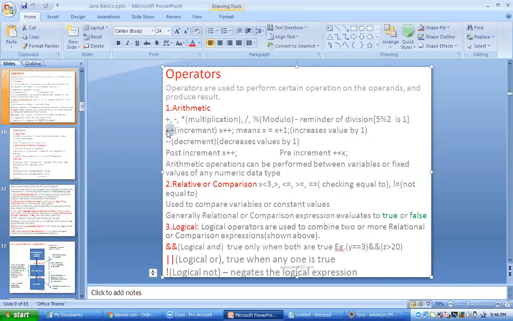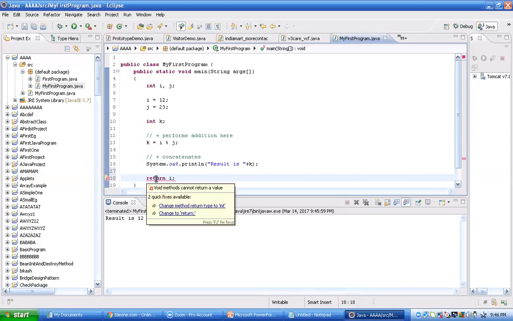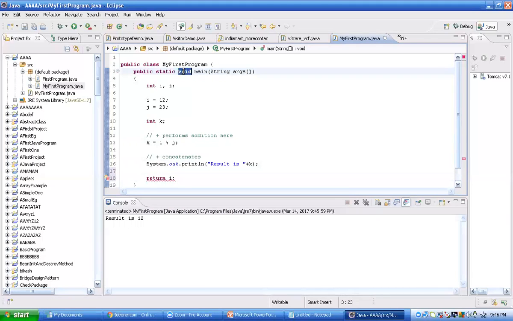Can we do something there? Yes, go back to Eclipse. You said void will give nothing. If I write int, I can return k. It will compile, but it will not run. The reason is